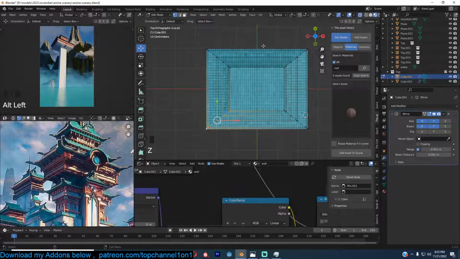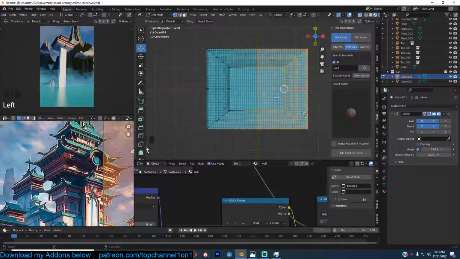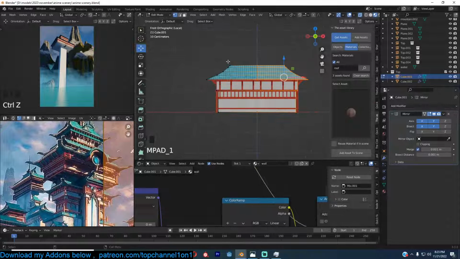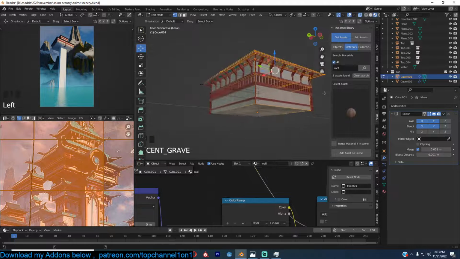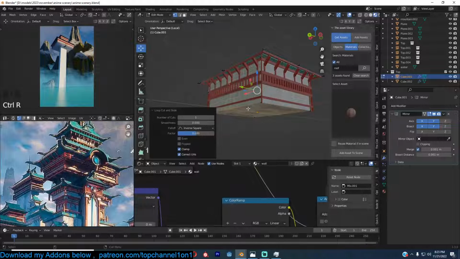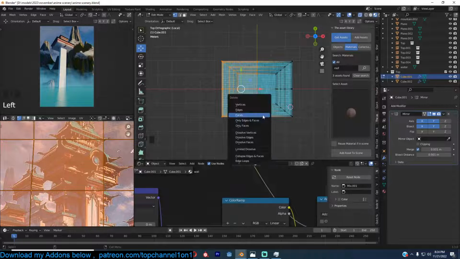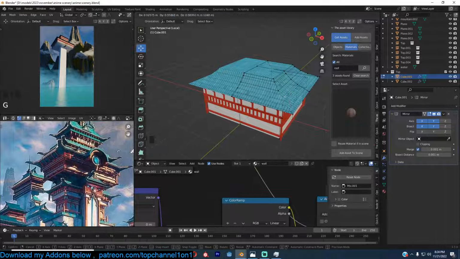Let's see. Need to make sure that I'm just working on one side here. Okay. Yeah, so you can see we have some